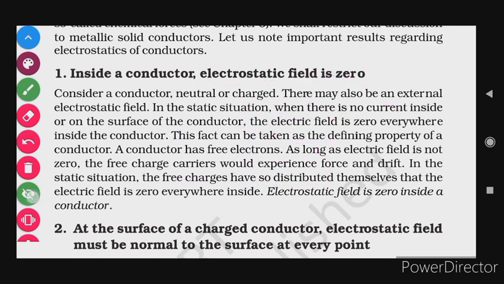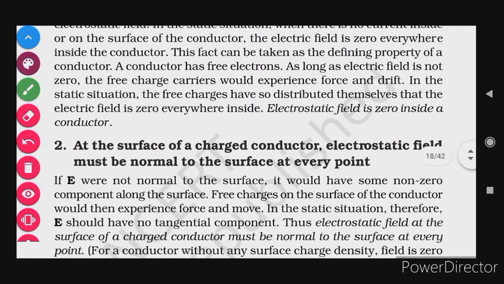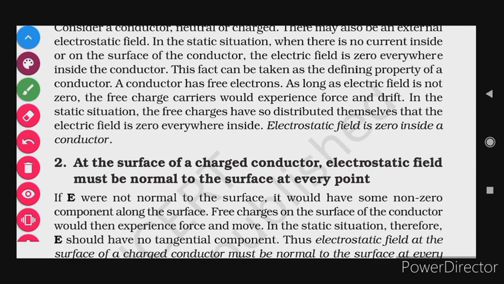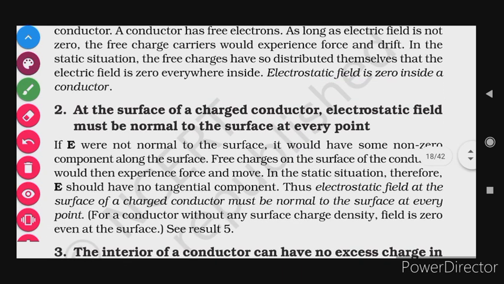In the case when there is no external electric field, the electrons will align themselves in such a way that there is no electric field inside the conductor. They distribute themselves. I hope this first point is clear to you. So this is what you have to remember: electrostatic field is 0 inside a conductor. Now, at the surface of a charged conductor, the electrostatic field must be normal to the surface at every